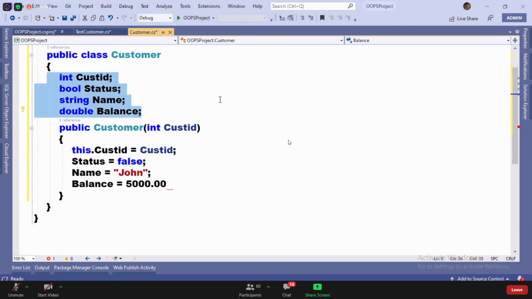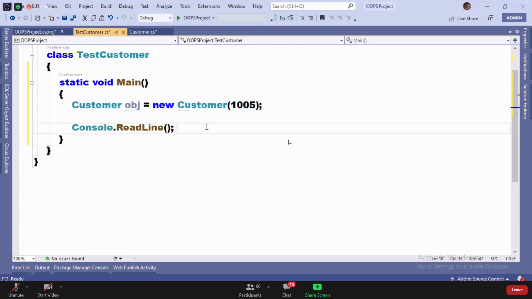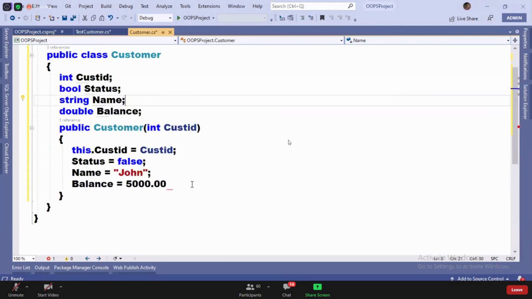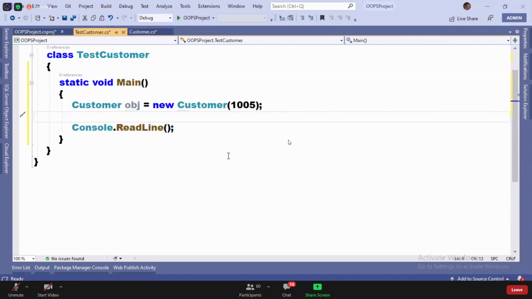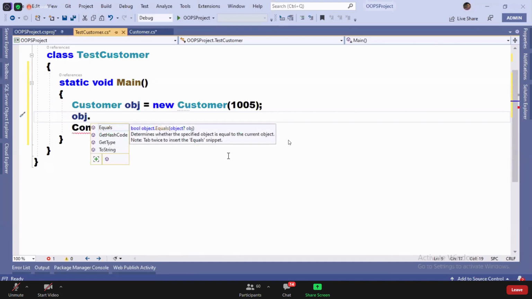But unfortunately, see guys, even though these attributes are initialized, the point you require to remember is, all these are private. Because all these are private, they are not accessible to you from here. Watch it, obj dot. Not showing you, see?